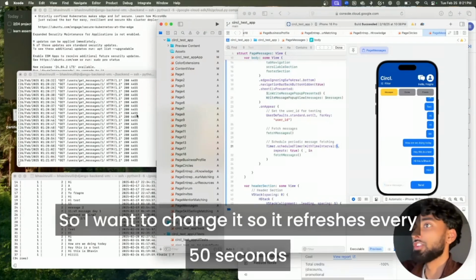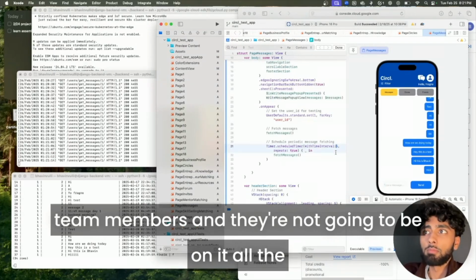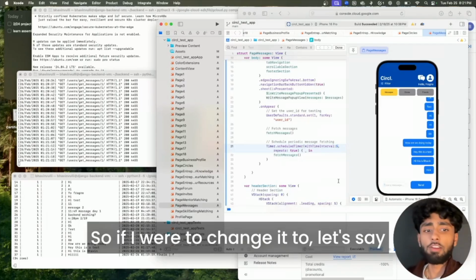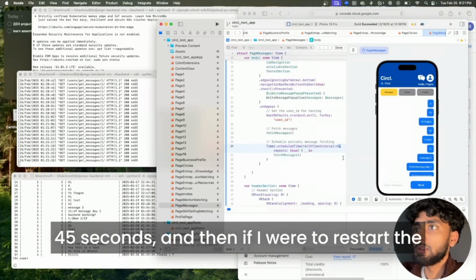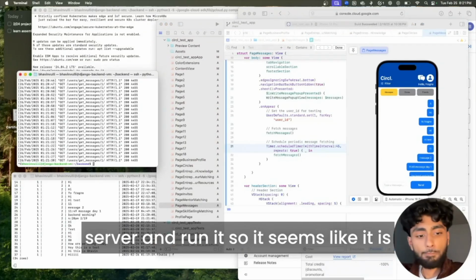So I want to change it so it refreshes every 50 seconds, because the only people on it for right now are the internal team members, and they're not going to be on it all the time for it to even update every 5 seconds. So if I were to change it to, let's say, 45 seconds, and then if I were to restart the server and run it,